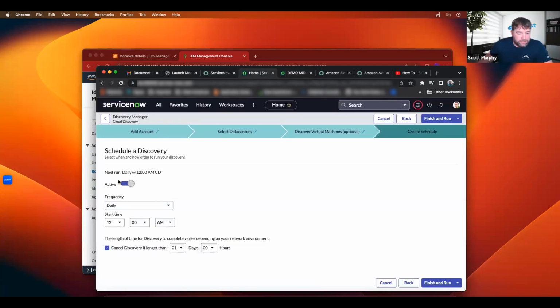I usually just set mine. This part really doesn't matter. It's up to you. Because I'm in here on my own, I just usually do once, kind of an on-demand type of thing. Set it to active, pick your start time, but it's just like any other schedule. You can schedule it however you want to do it. Daily, most clients do it once a day. Or you can do it weekly, especially if you set up